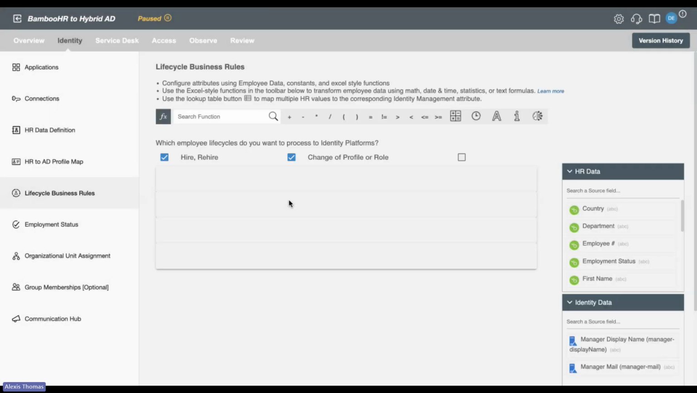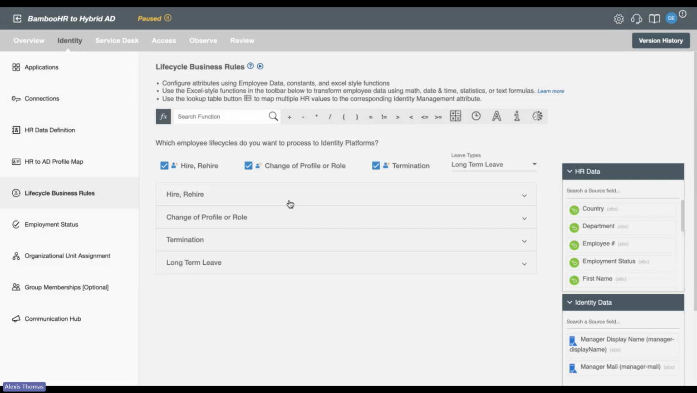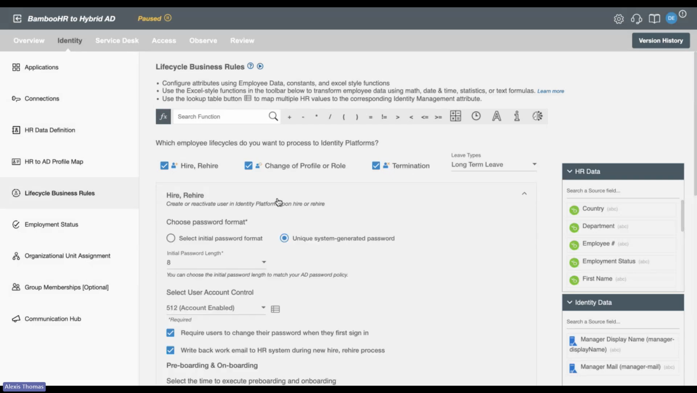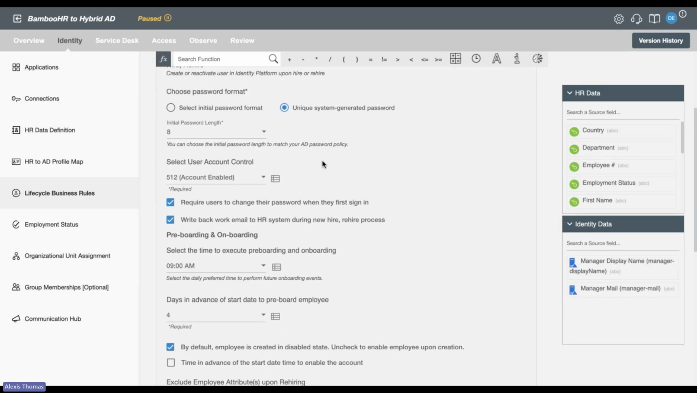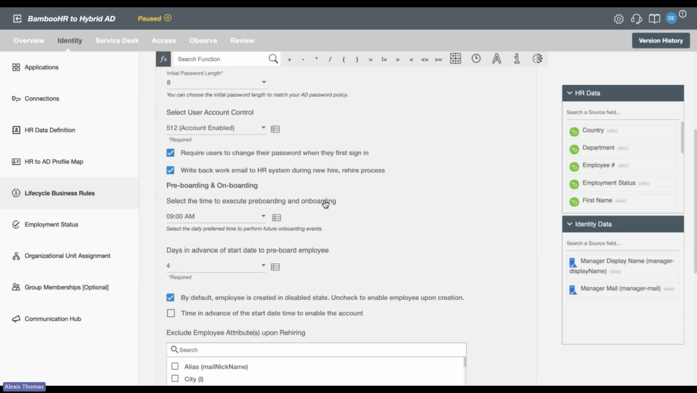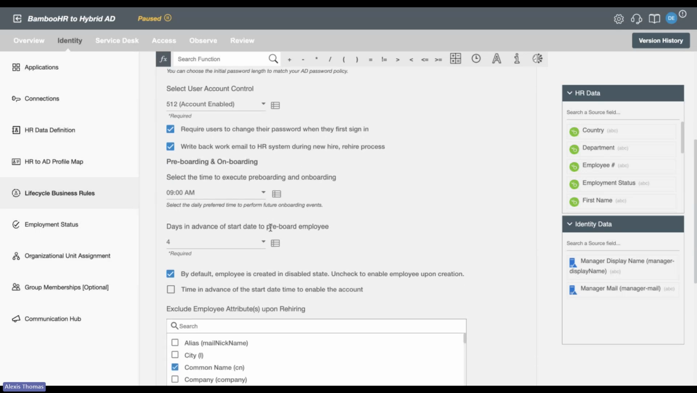Once you have all of that mapped, next step, of course, is choosing what steps you want to automate at these various life cycles. So first one, someone gets hired, you'll create the account, you can choose what type of password you would like, require them to change it when they first sign in, and we do have some preboarding functionality that you can take advantage of. For example, let's say HR gives you varying times in advance of when a new hire is going to start. If you want to make it a little more stable, one thing you could do is, let's say you pick 4 days in advance here. What that means is 4 days before their start date,